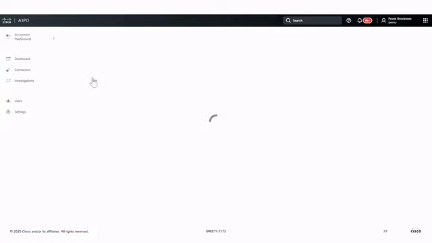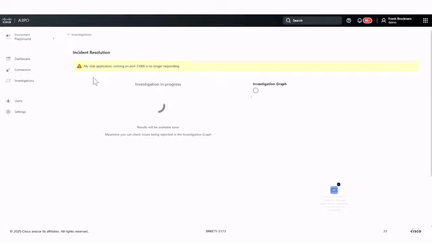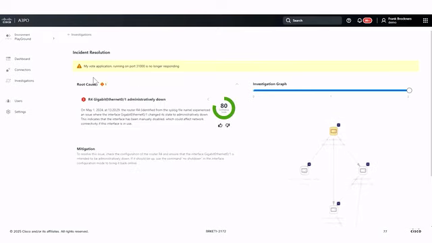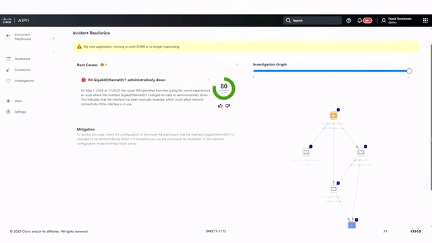And then it's starting to investigate, and given that the data set is very small, and this is real time here, it's arriving at a conclusion very, very quickly, and the investigation graph is also very small, where you start off, and it arrived at the right thing, right? R4 gigabit Ethernet is administratively down.